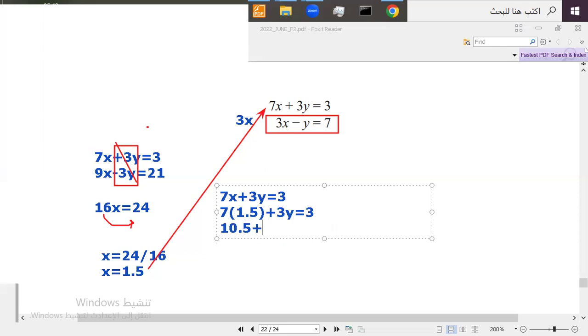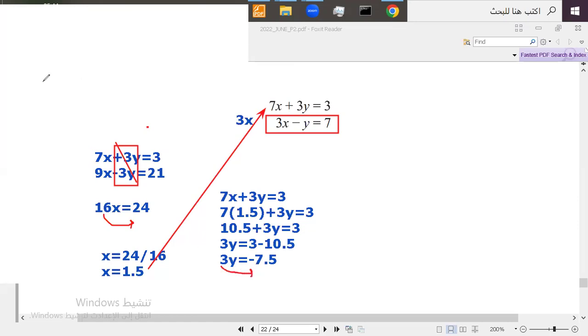10.5 plus 3y equals 3. Now I'm going to take the 10.5 to the other side by subtracting. So 3y equals 3 minus 10.5. And then 3y equals 3 minus 10.5 is negative 7.5. Okay. Now, next step, or the last step, I'm going to take the 3 by dividing to